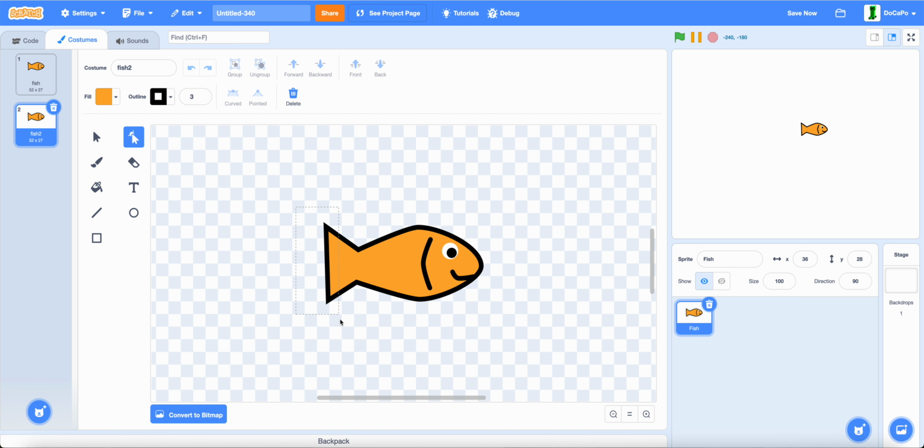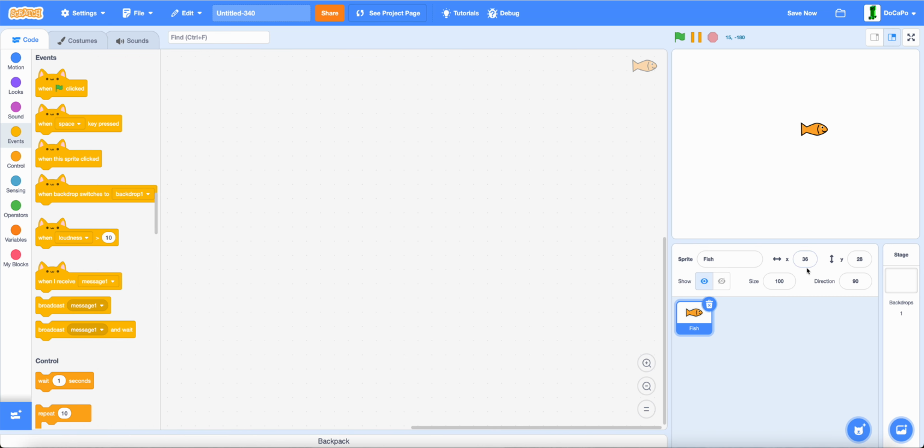Now duplicate it, and this is for the moving animation. Use the reshape tool, select the 2 points of the tail, move it like this, duplicate it one more time, and this time more like this. Then it should have a swimming animation. And now, with this fish,